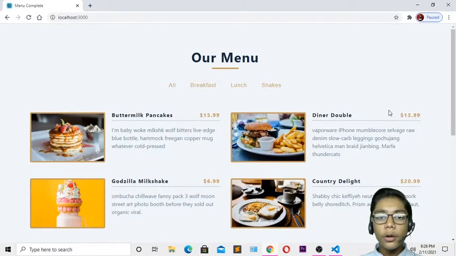So I hope you understand how to build our menu project in React.js, and I hope you also enjoyed this project of React.js. You have to practice all these projects we are working with, and I hope you'll be a good programmer of React.js, also Python, HTML, CSS and JavaScript. I will meet you in the next project.